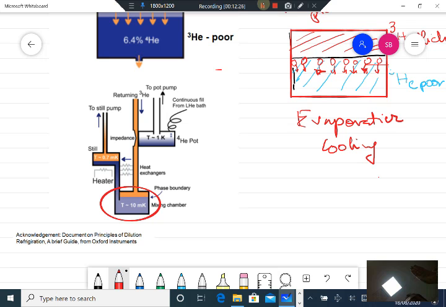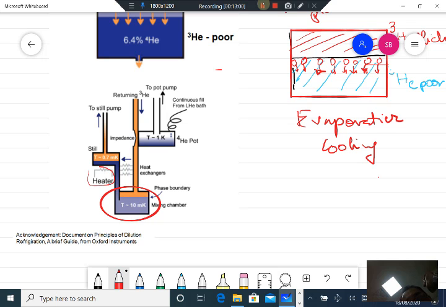Because, as you have already seen, at any given temperature the vapor pressure of helium-3 will be higher, you can start pumping over this mixture and removing the helium-3 from the mixture. There will be more helium-3 atoms sitting on the surface of this liquid, and a definitely much higher density. So you are going to remove more helium-3 molecules from this mixture.